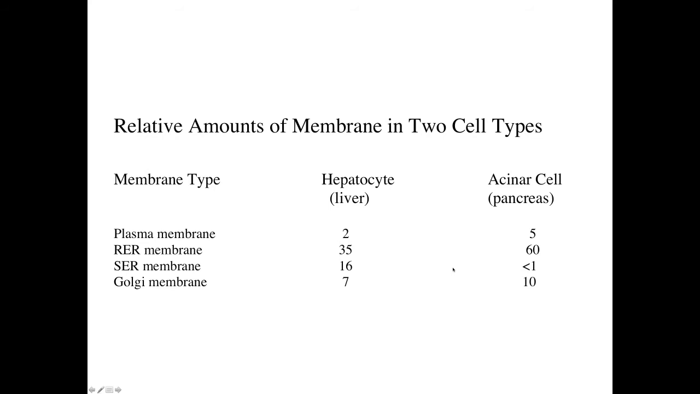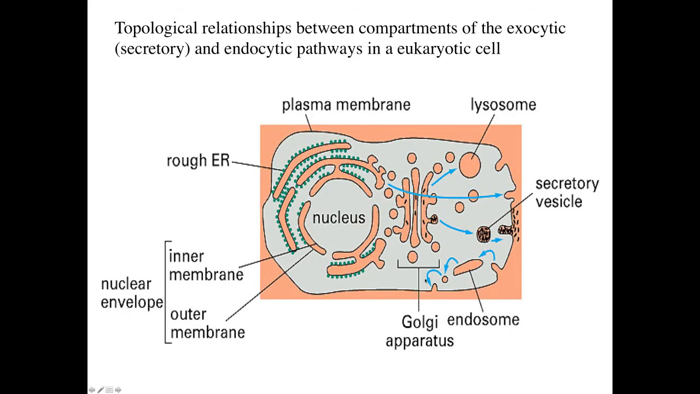And we will ask you in the laboratory over the next few days to begin to look at hepatocytes and pancreatic acinar cells and correlate these cells to the cell biological and biochemical functions in relation to the distribution of the various membrane-bound organelles. I would like to remind you of just some topological relationships between the various compartments in